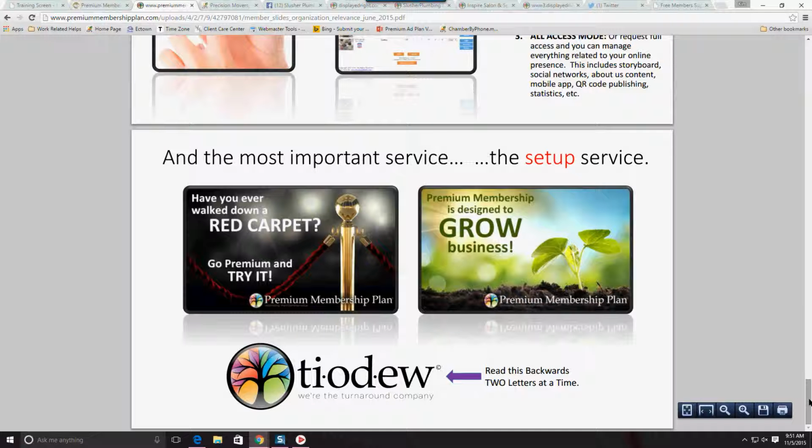And like I said, your chamber is offering this package to you, and all these features are included. If you were to go out and try to come up with the services of a website, keyword texting, QR code, images, connecting to auto posting to your Twitter account and Facebook account, as well as coming up with a coupon system like a local golden ticket, that would be overwhelming, not only costly, but then you would have several different services to manage and update and keep track of. The Chamber is actually offering this to you in the premium membership package, and of course you have unlimited support that's included as well.